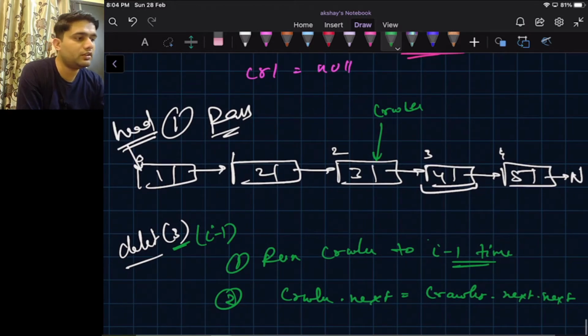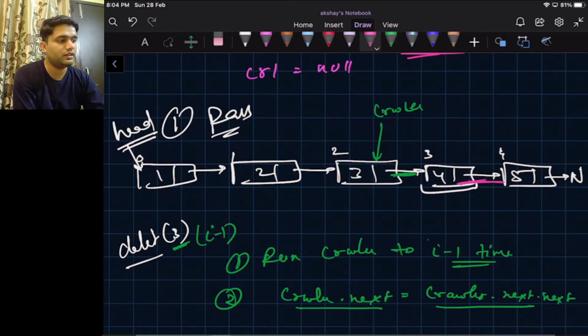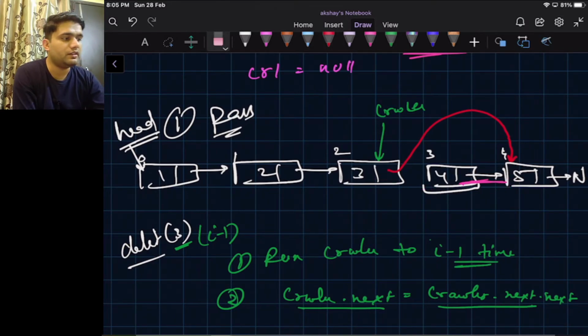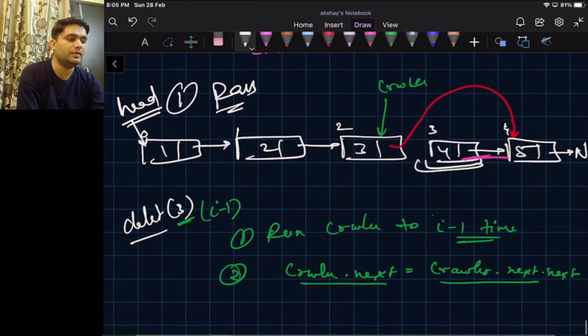That means right now this is crawler's next, and this is crawler's next dot next. So the crawler's next is this, its next is this. We said that, hey crawler, now your next will point to your next dot next, and ultimately this will get removed, and this will be garbage collected or memory cleared.